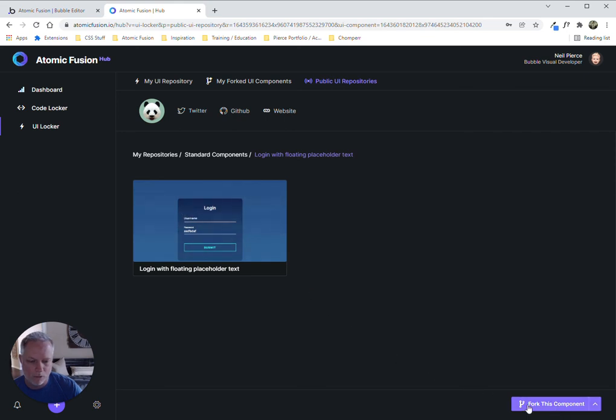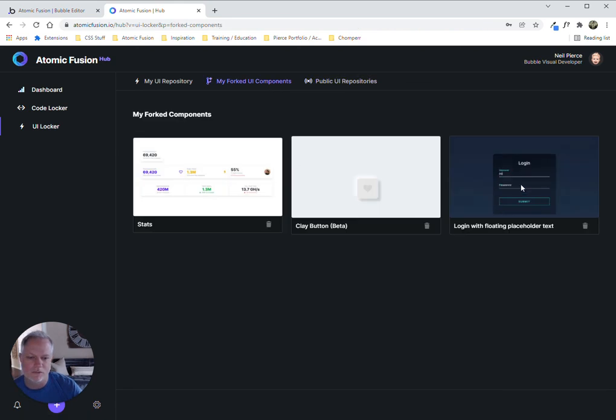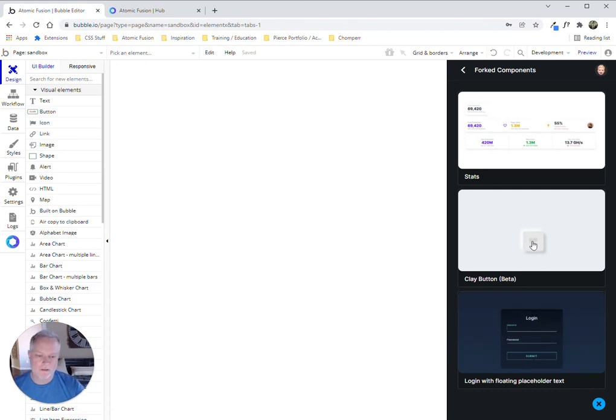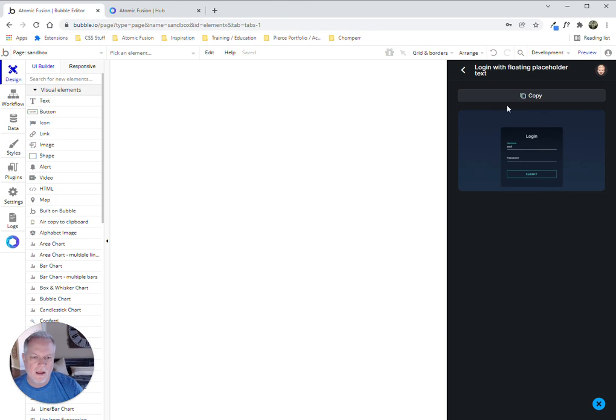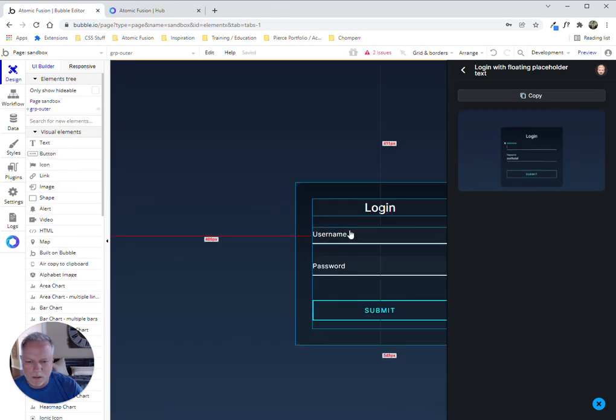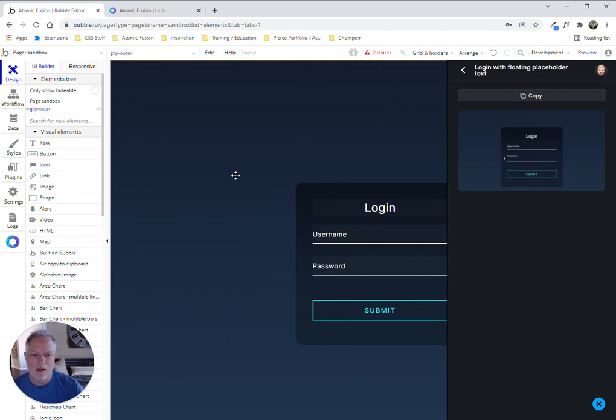So let's go ahead and fork it. I'm going to fork this component. The button's down here. Just click fork. You can now access this component in your extension. It gives you a little alert notification there. And you can go to your fork components and see it's forked. Go down to your fork components in your Chrome extension, and there it is. It's forked. So I can now go into this and copy it, right click, paste, and automatically I've got that